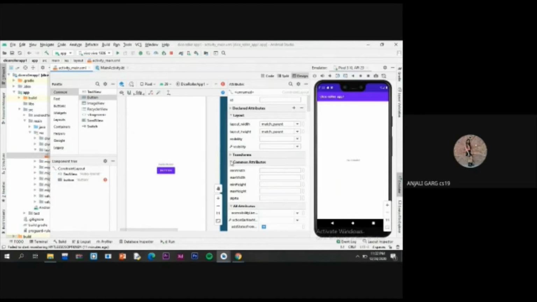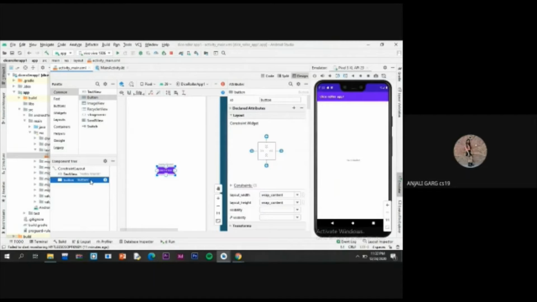Now we have to adjust it. First click on button. Now the constraint widget appears in the layout dialog box. Just add 0 so that it will be in middle and below hello world.